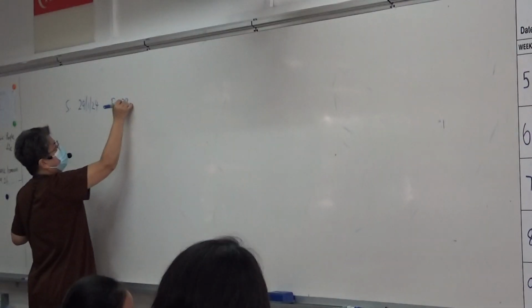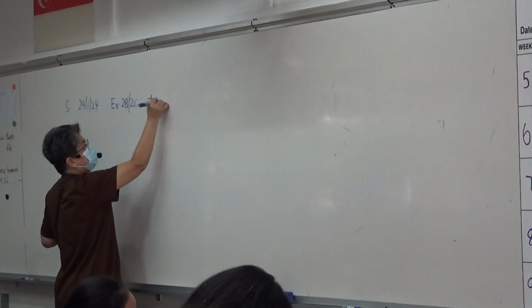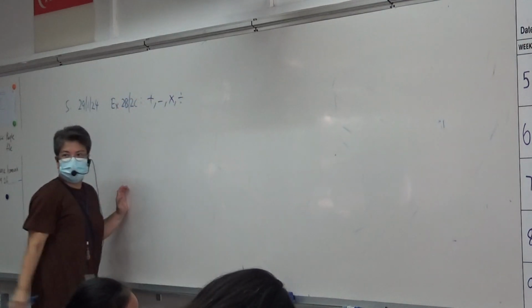Just write down exercise 2B, 2C together, plus, minus, times, divide, that's all. Then